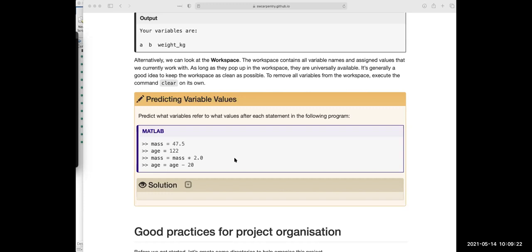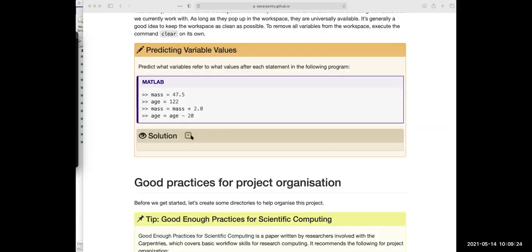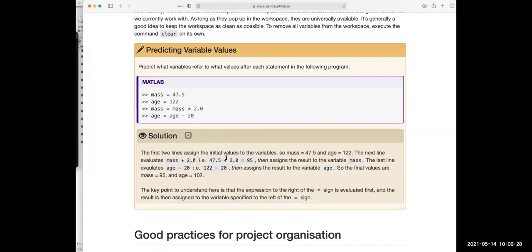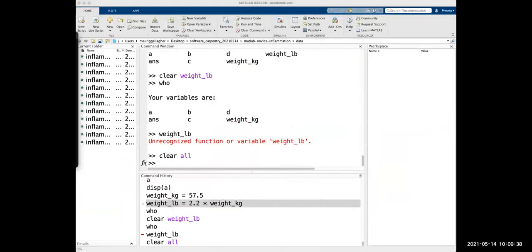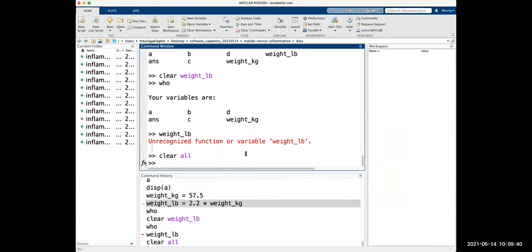Cool. So we've got lots of answers of 95 and 102. And if you've got this page up, you'll notice that you can click the solution and it will tell you. So mass equals originally 47.5 and age originally 122. And then you can read the answer there, or we could just do it in MATLAB. We can say mass equals